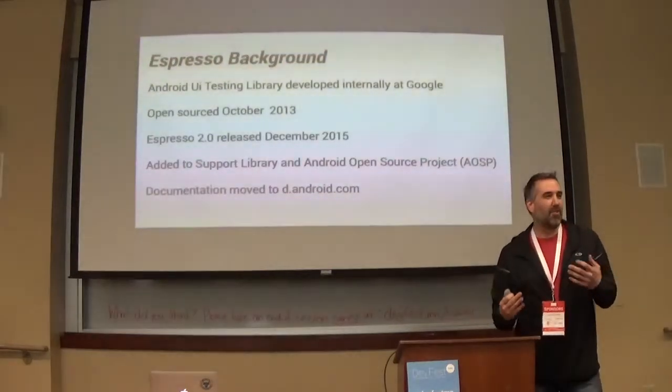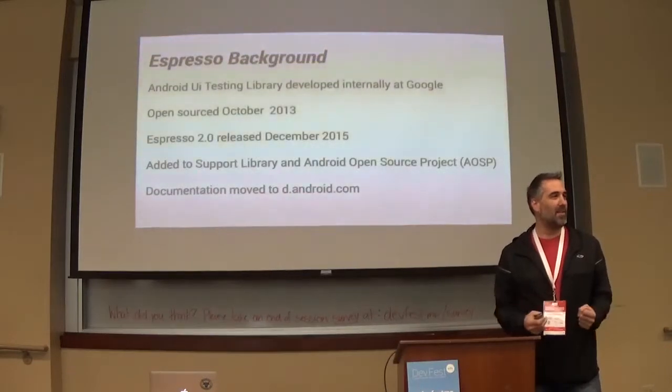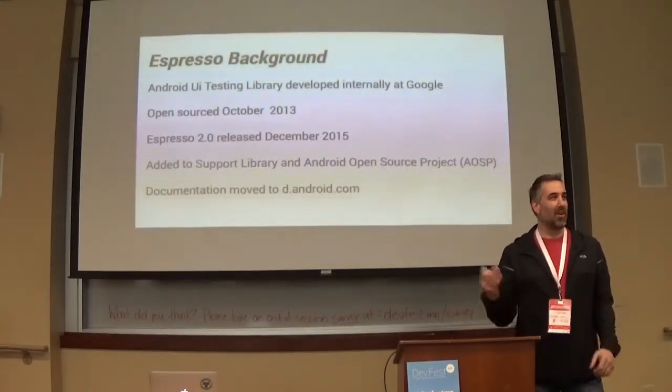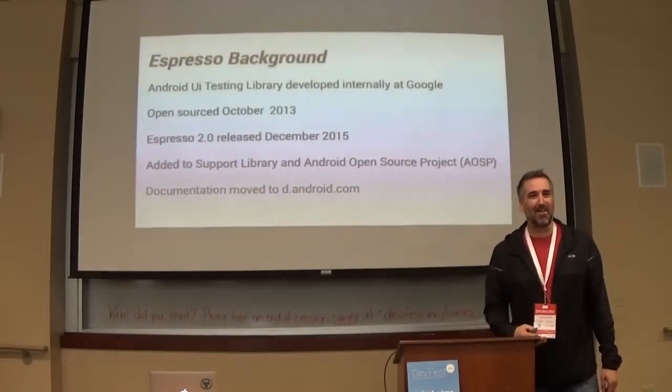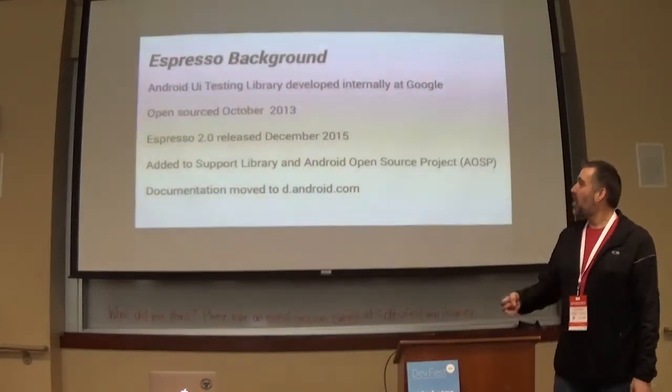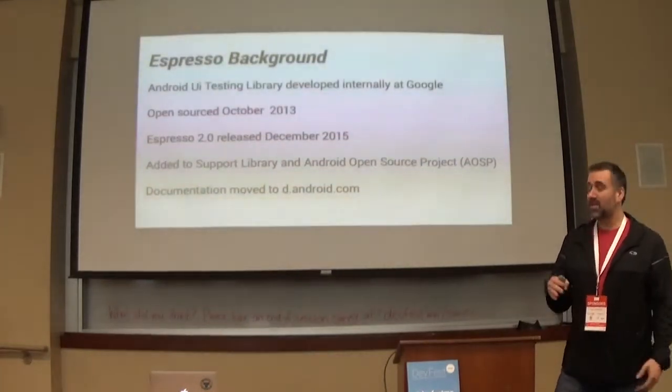I was afraid this was going to be one of those Google projects where they announce it and then abandon it after a while, or maybe it would be like Volley, where they talk a lot about it for a while and then suddenly you don't hear much about it, there's no documentation on it or anything like that. So luckily though, in December, they released Espresso 2.0, which fixed a lot of minor problems